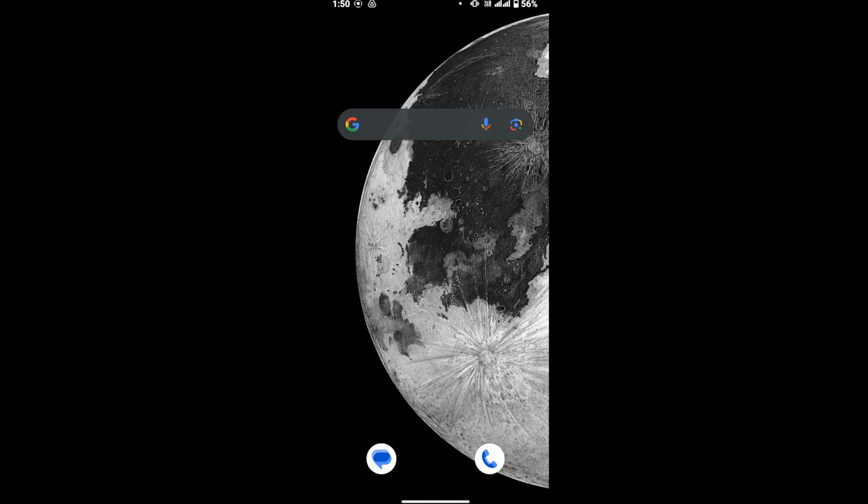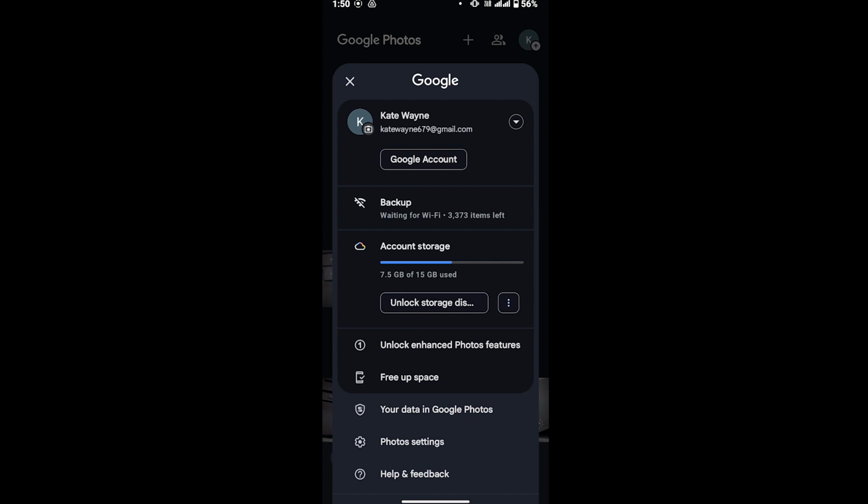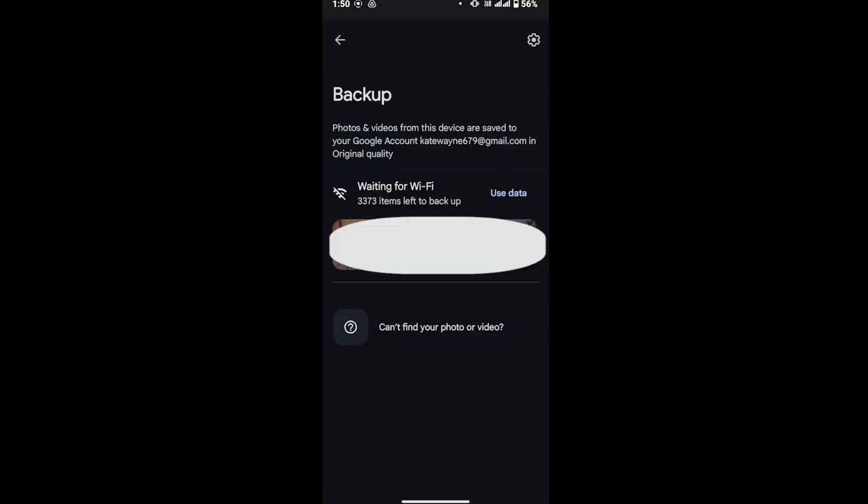First of all, open your Google Photos. After that, go to your account by tapping on your profile from the top right corner of your screen. Once you tap on there, you will be able to see backup option just below your profile. Tap on backup and then again go to settings by tapping on the settings icon from the top right corner